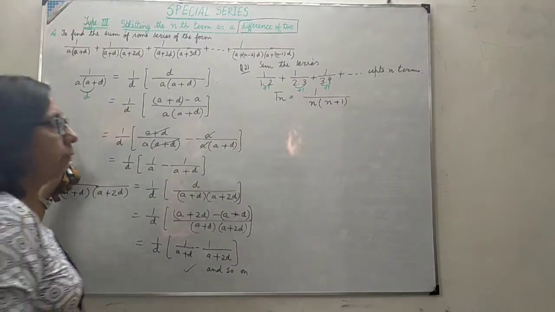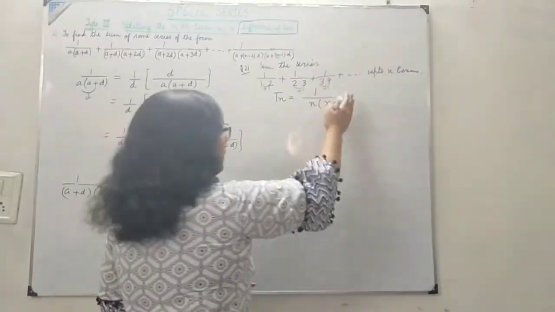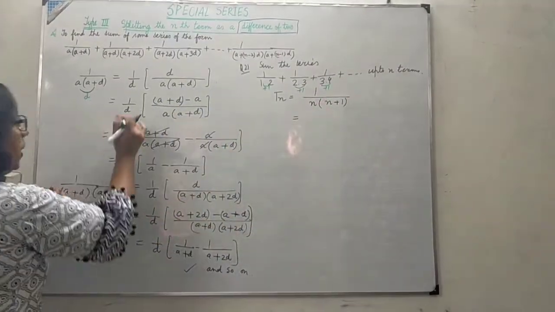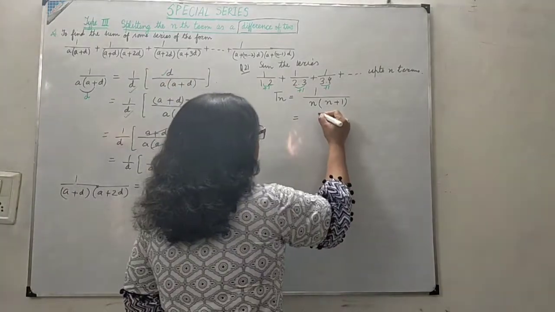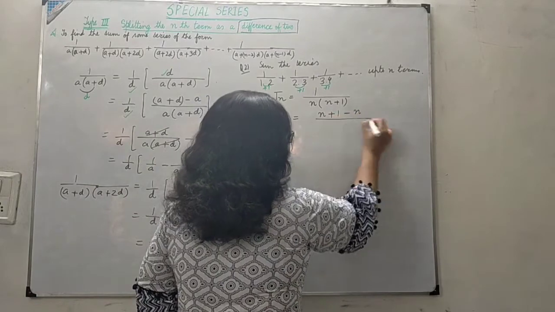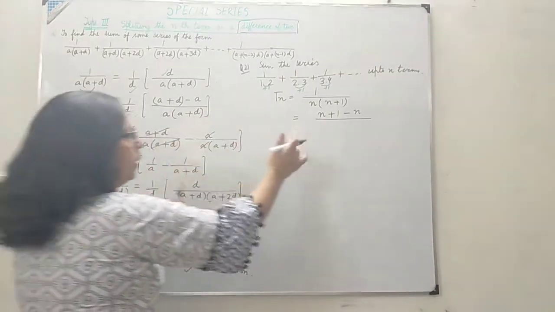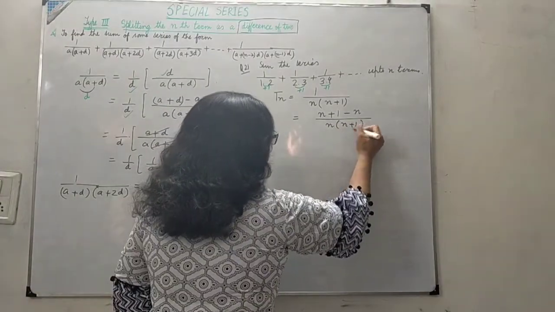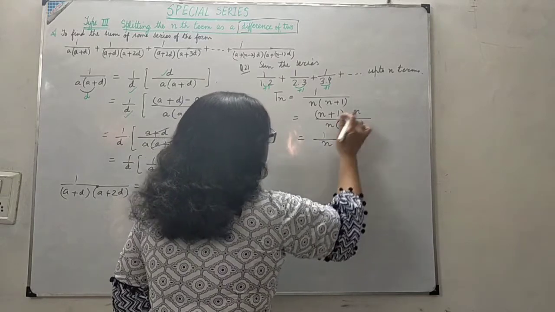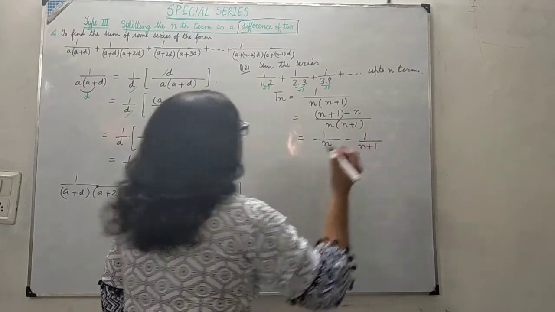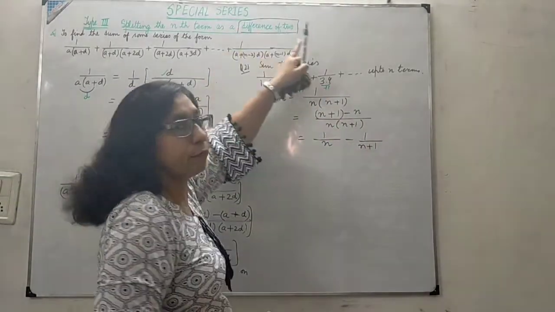Now, as per the procedure I have told you, here the common difference is 1 and in the numerator 1 is already there, so I don't need to multiply and divide by this d. Now I will add and subtract n. This is just a procedure, and you can do it verbally as well after long practice. So if I break this, 1 upon n minus 1 upon n plus 1, as n cancels out. So actually I have broken this Tn as a difference of 2.